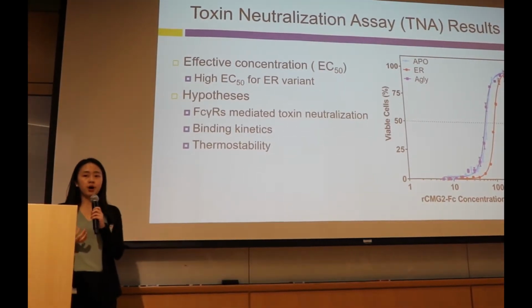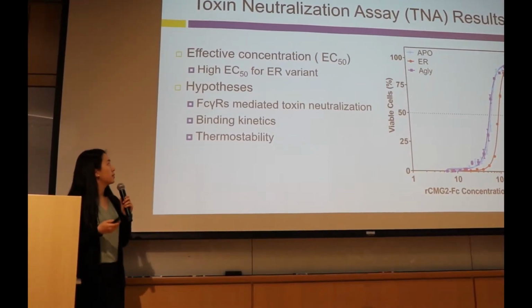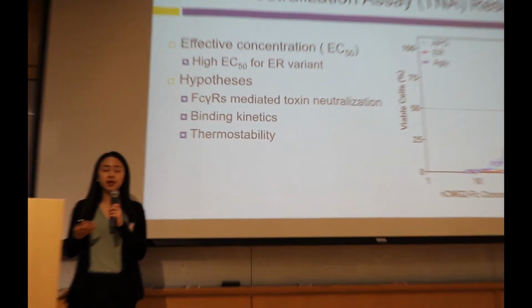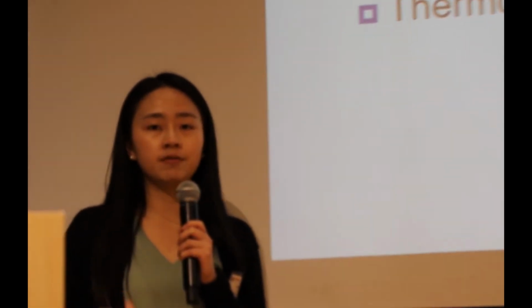And we have three hypotheses looking into this phenomenon. The first thing is Fc gamma receptor may be contributing to the toxin neutralization process by interacting with the Fc domain, and this interaction can be glycosylation dependent. In order to examine this possibility, we did a toxin neutralization assay with the Fc receptors blocked. If there's a change in the EC50, meaning that Fc and Fc gamma receptor is playing a role in